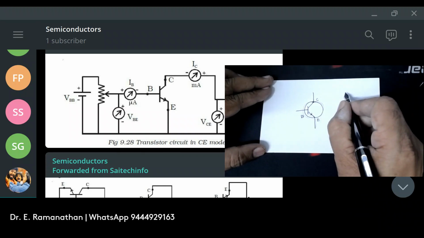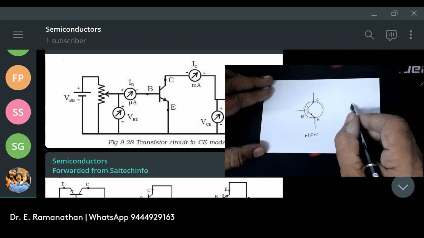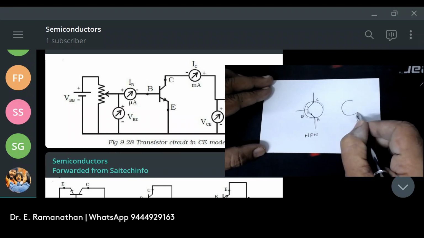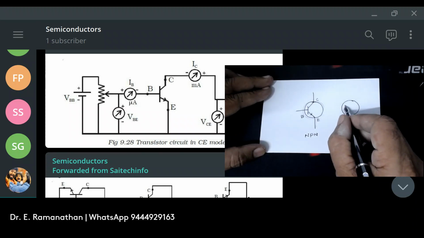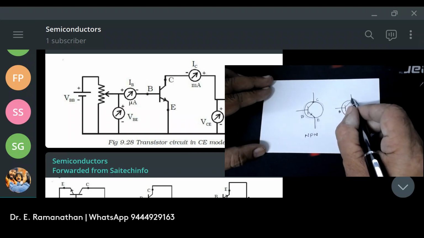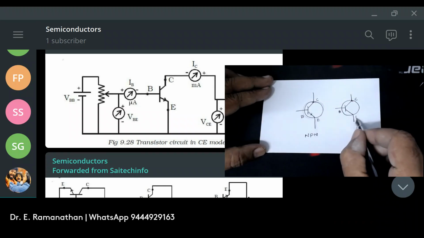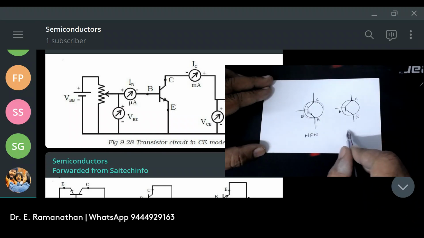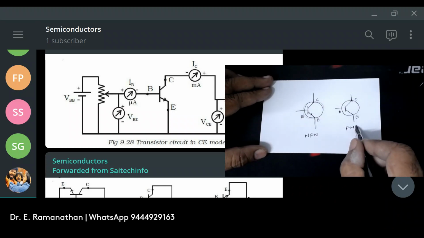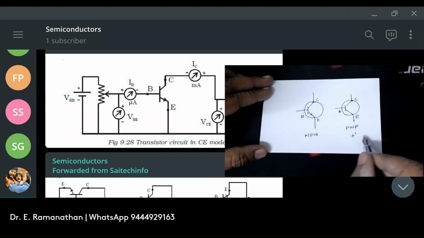Now this is NPN. Let me consider PNP. This is the base. This one is the collector and this is emitter. Here the majority of the charge carrier is positive hole, that is PNP. So here positive holes are the charge carriers,